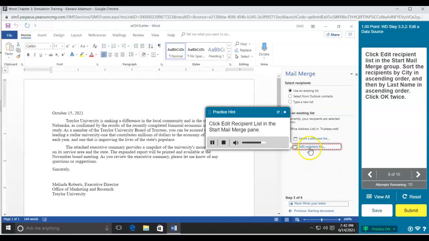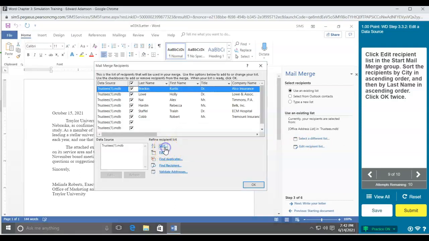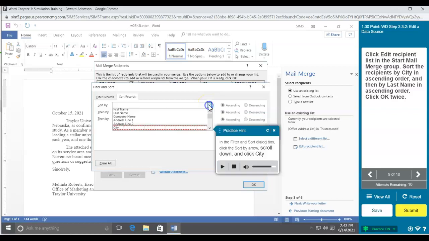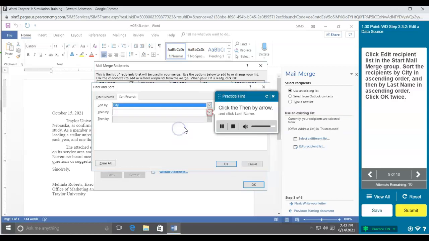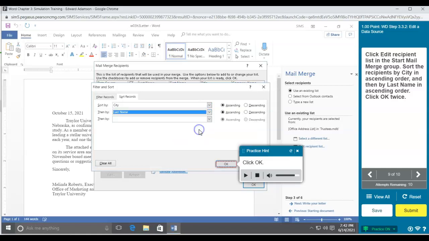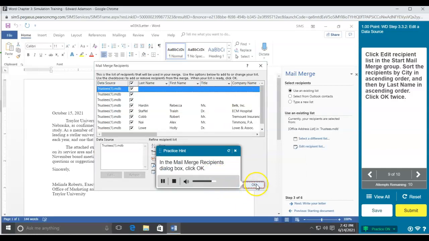Click Edit Recipient List. Click Sort in the Filter and Sort dialog box. Click the Sort By arrow, scroll down, and click City. Click the Then By arrow. Click OK. In the Mail Merge Recipients